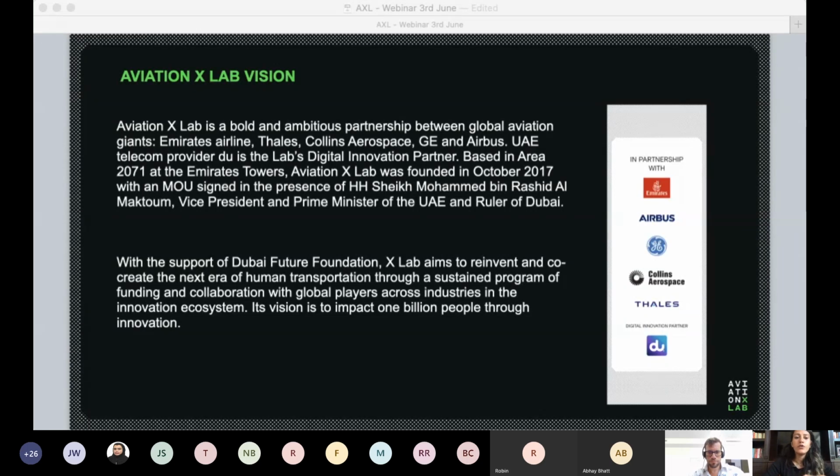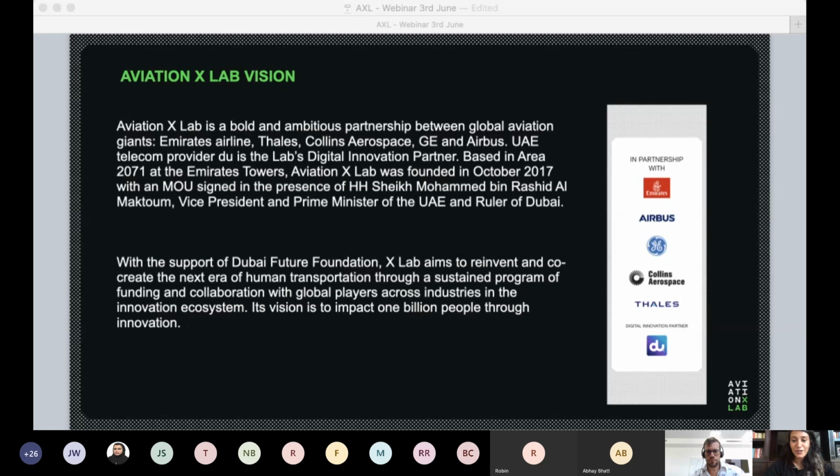And it came through a vision that a lot of leaders had, especially His Highness Sheikh Mohammed, which was to really try to embed innovation in a lot of the key industries that we have in UAE, and obviously aviation being a key dominant one of them. Emirates Airlines was approached with the question of what are you doing to innovate? And so Emirates decided to launch the Aviation X Lab alongside 4 other key giant partners